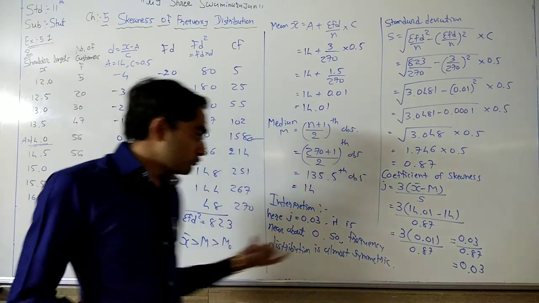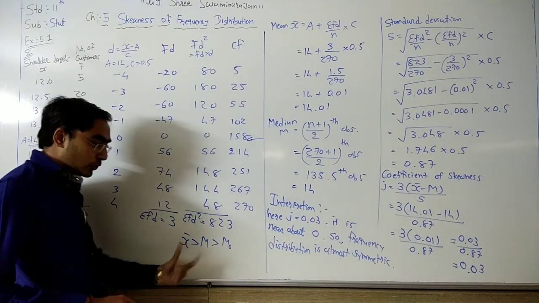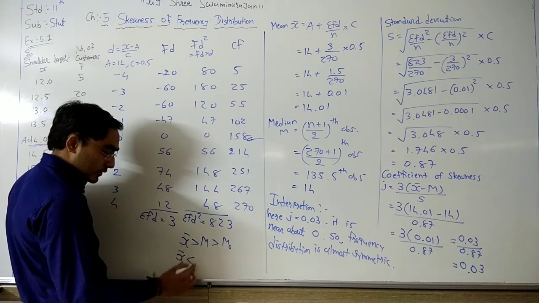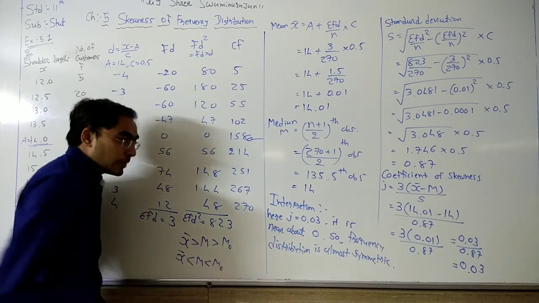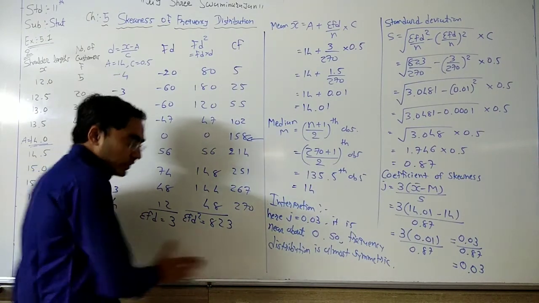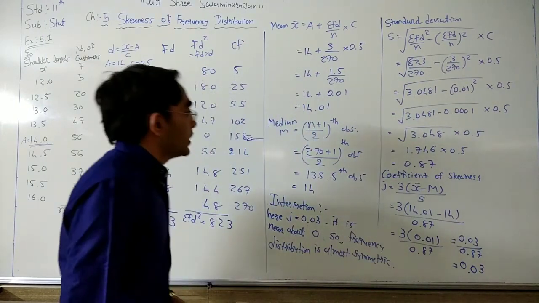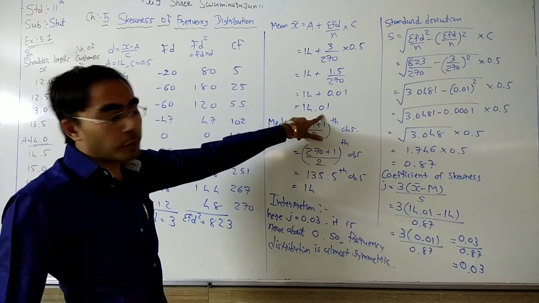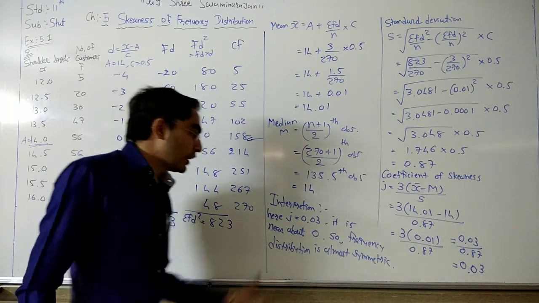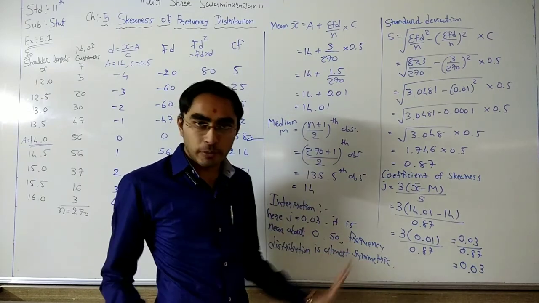That means if our coefficient of skewness is positive and near about 1, then this rule is followed. And if our answer is negative and near about 1, then our answer is like this. But here we have the answer near about 0. It means that our answers of mean, median and mode are almost the same. You can also check: our answer of mean is 14.01 and median is 14, almost the same. That's why we can say our answer is near about 0, so the frequency distribution is almost symmetric.